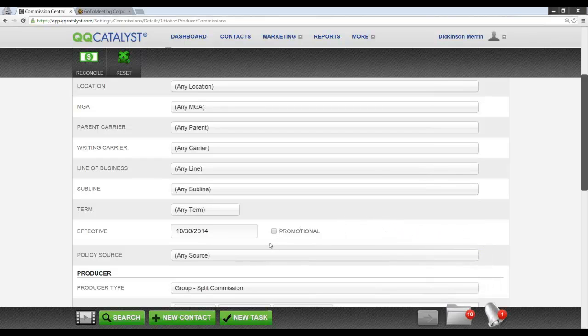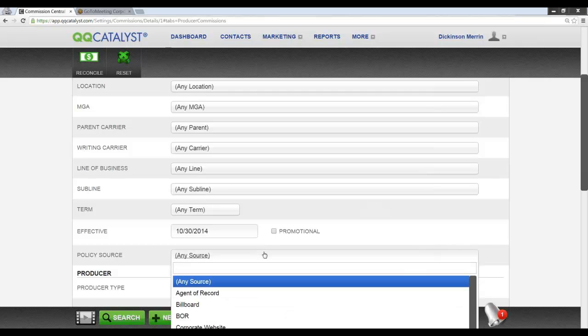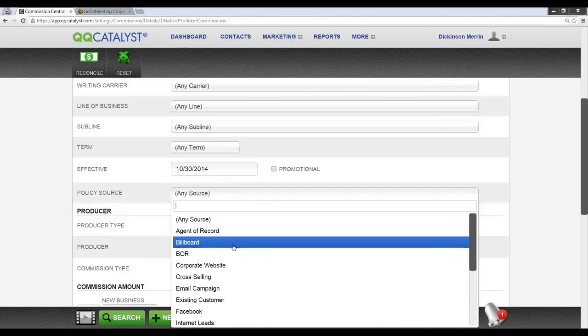We've also added the ability to set up commission rules for your producers on policy source. Now, one of the things that I loved about my agency that I worked at was if the agency put on, let's say, a Facebook ad or an email campaign and customers called in because of the ads the agency put out, they would pay me 40% commission for those policies. However, if I cold called customers and I generated the accounts on my own, I would get a higher commission